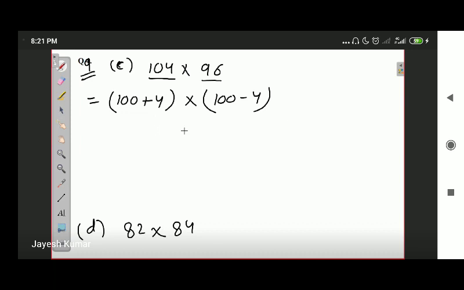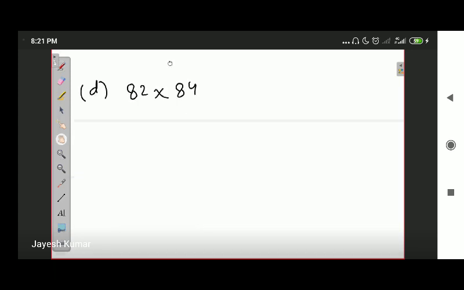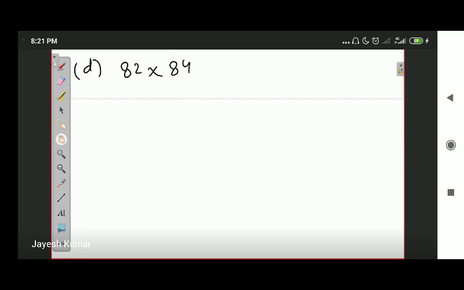I will come to this question shortly, because this question is explained with the identity a² minus b². I chose the wrong part. a² minus b² is more appropriate to solve this question. So I will move on to D part. I will explain C part once again when I discuss the a² minus b² identity. Don't think that I have skipped the question.